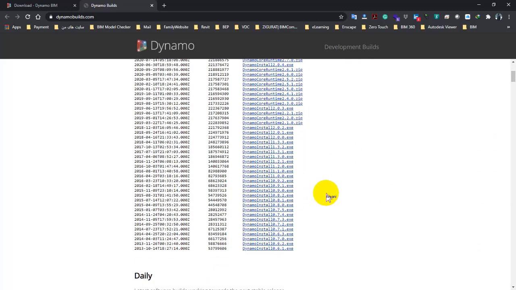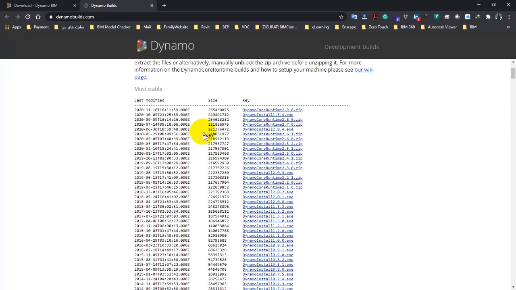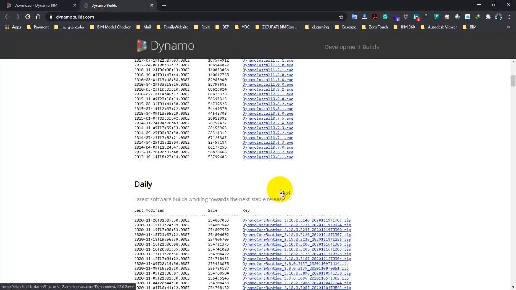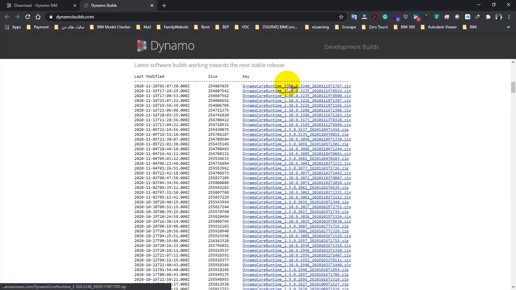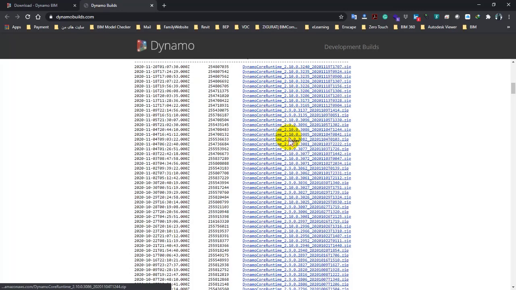Among these versions you can see exe versions which you can install and run on Revit. But as you know, you can already find this in Revit. It is built in Revit. Let's check out the releases, which you can click on and then download. For example here 2.10,